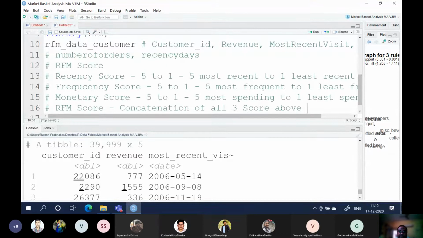You know concatenation, right? Concatenation means like this: 5, 4, 3.